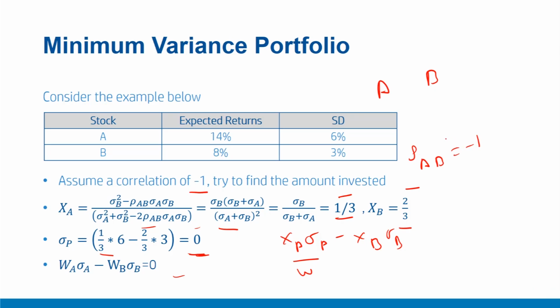However, that is less of a practical case because perfect negative correlations of -1 are rarely observed over long horizons. However, still this is a theoretically important case. Why? Because in this case, we are able to obtain complete diversification. That is, the complete portfolio risk has become equal to 0. So this is a theoretically interesting case where all the risk of the security or portfolio has been diversified.